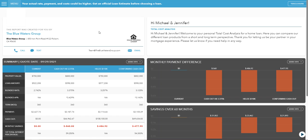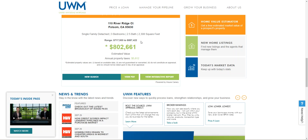Now, one thing to keep in mind here, I mentioned a rate of 3.125 is approximately what the rate could be for a cash out refinance if we're doing a conforming loan limit. And just to reiterate, we're expecting the conforming limit to increase from $548,000 up to, say, $598,000. And one thing I wanted to point out is that it's likely that we could potentially do a